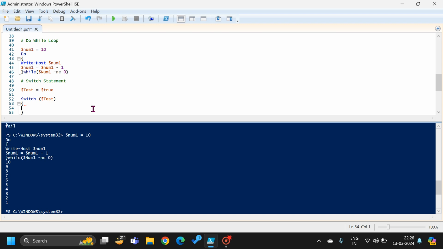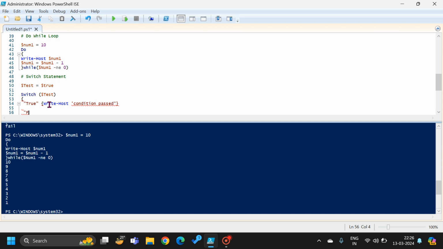So we know that this boolean variable either holds true or holds false. So I need to pass the options which can be a part of my test variable. So one option is true. So if my variable returns true, then what I want is Write-Host, or whatever processing you want to perform with it, condition passed. Okay, if the option is false,